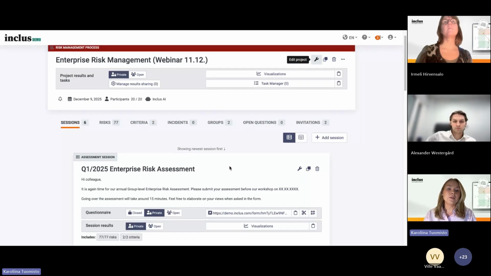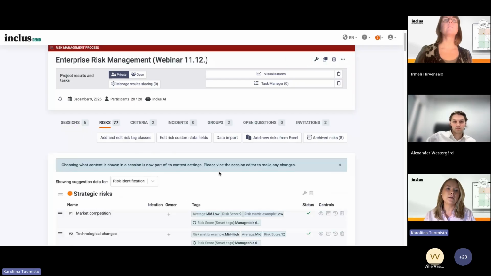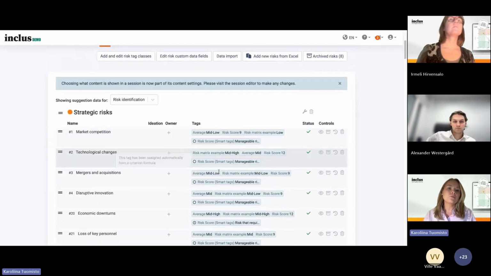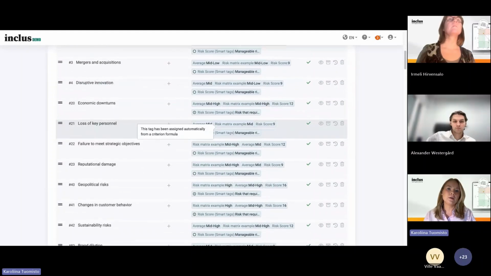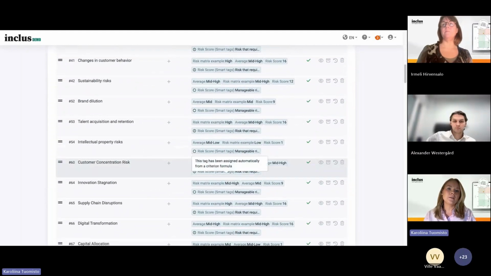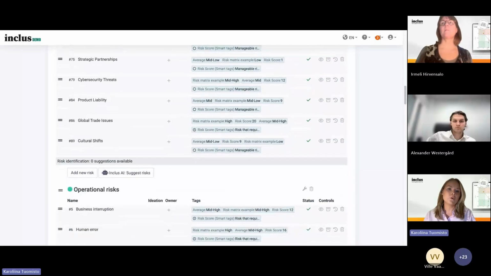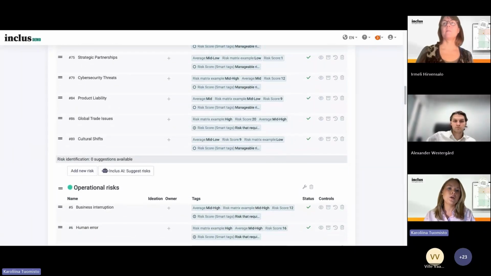First, I'm going to show you the identification process, how you can use AI in identifying new risks or new risk categories for your projects, if you want to investigate if you have had some blind spots or something you haven't come up with during your own identification process. So we will go to this risks tab over here, and you will have the current risks you have already identified in your project. And if you want to see if there are some more risks that could be relevant to you, you have